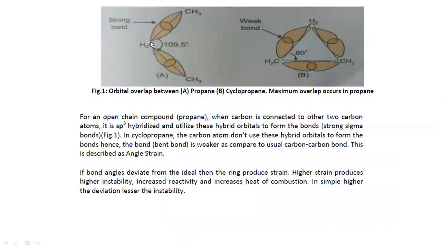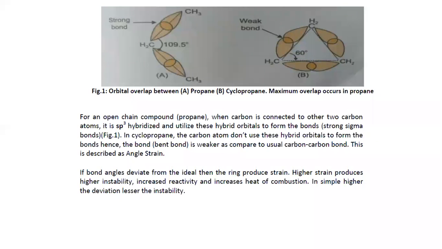When a carbon atom is sp3 hybridized, it should achieve this same bond angle. Which bond angle? 109.5. But that is not the case with cycloalkanes. When carbon atoms are joined in a cyclic manner, they deviate. They change their bond angle. From 109.5, where are they deviating to? They are deviating to 60 degrees. That is why